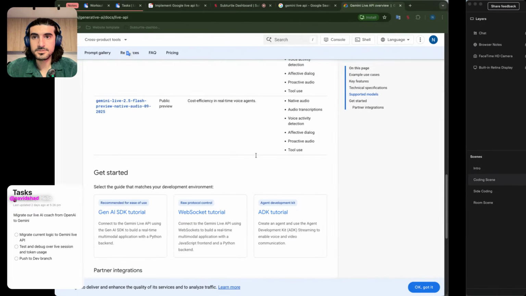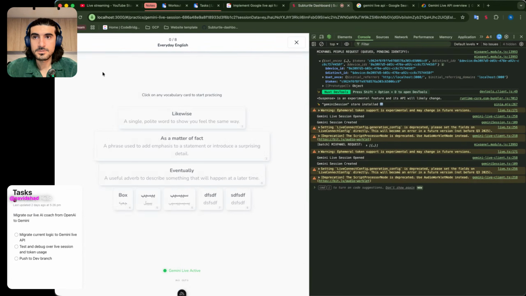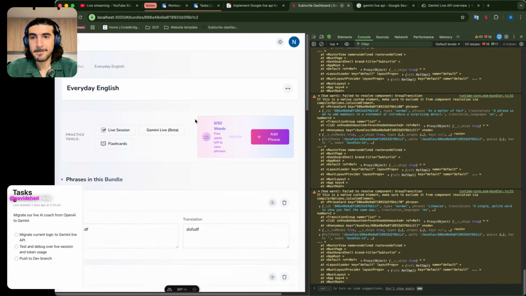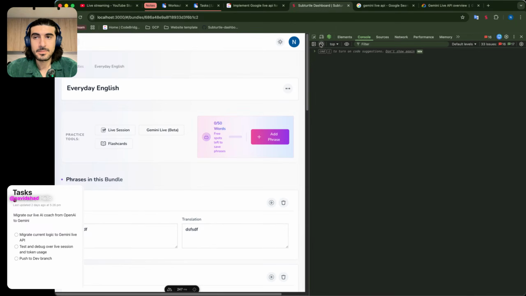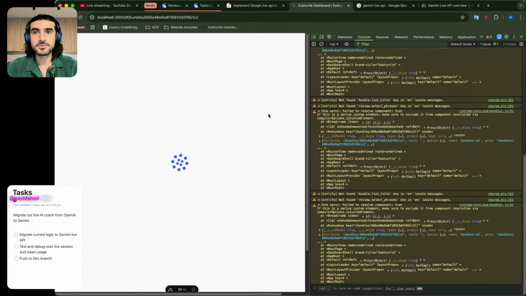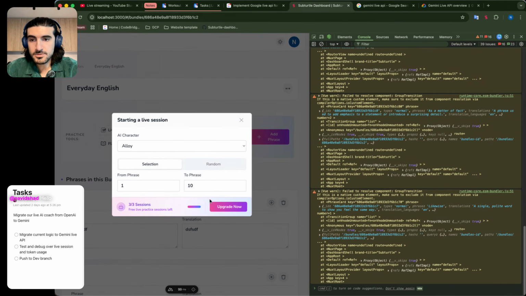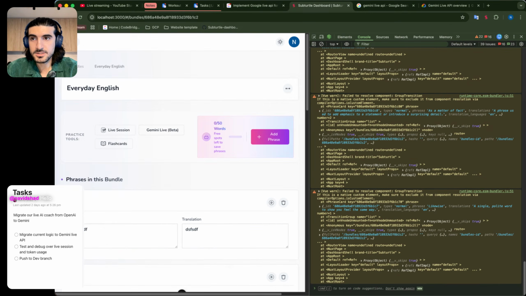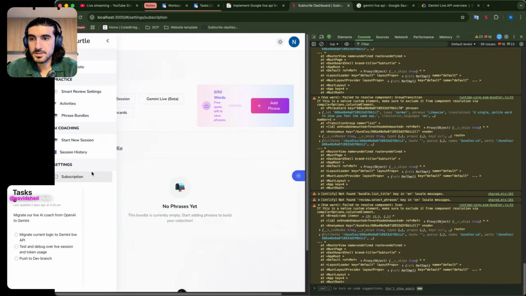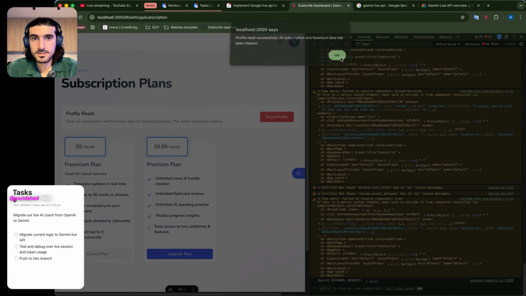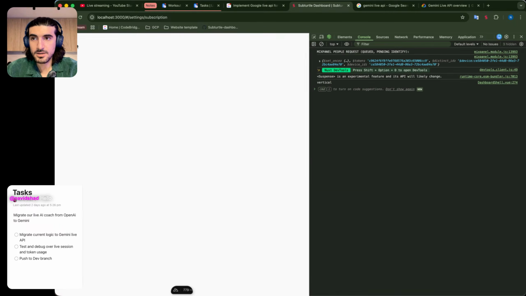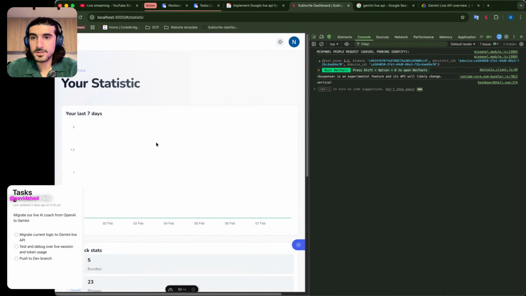And let's refresh and see if it works. Again, going to the, okay, the sessions have reached the limit again, resetting the limit, going back to